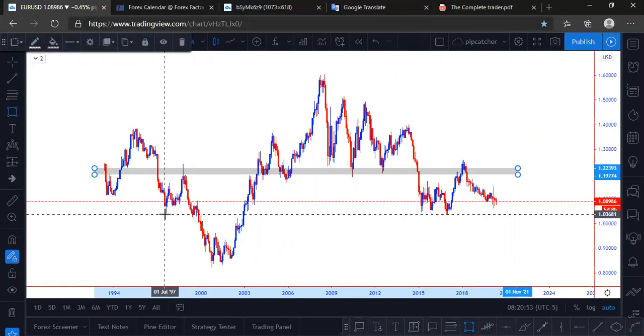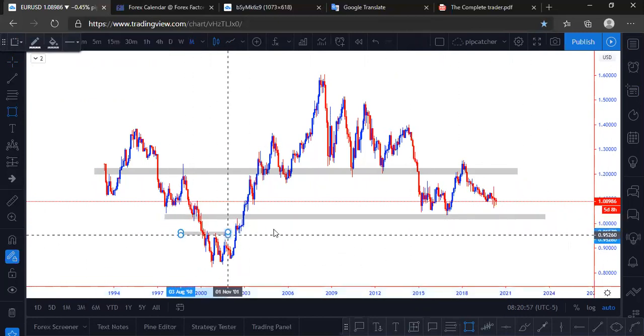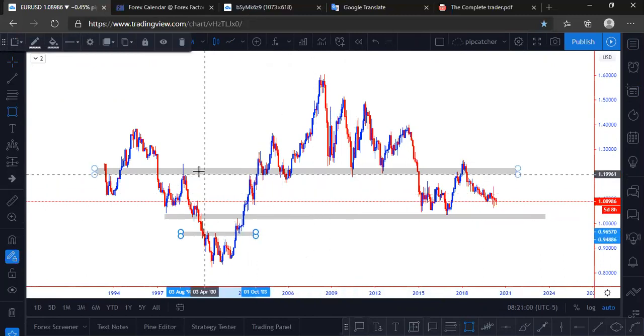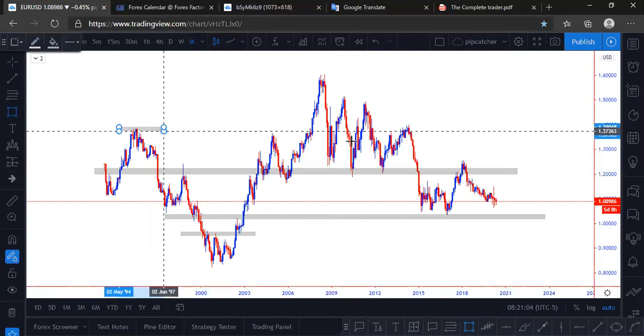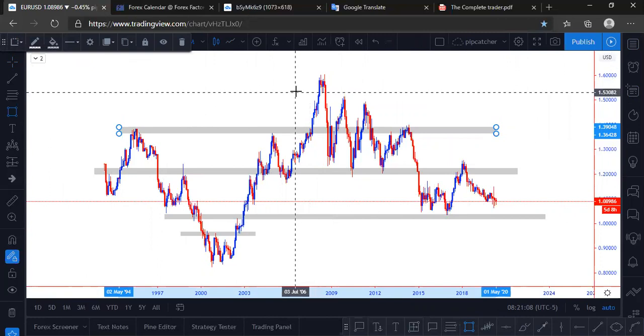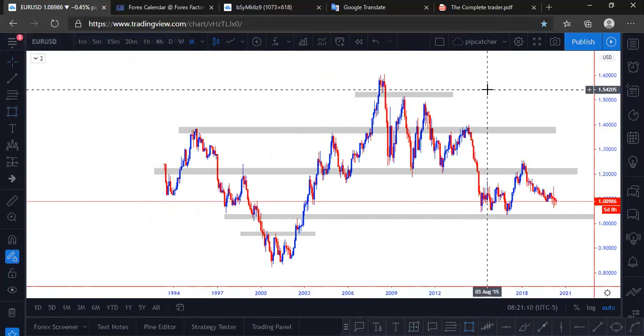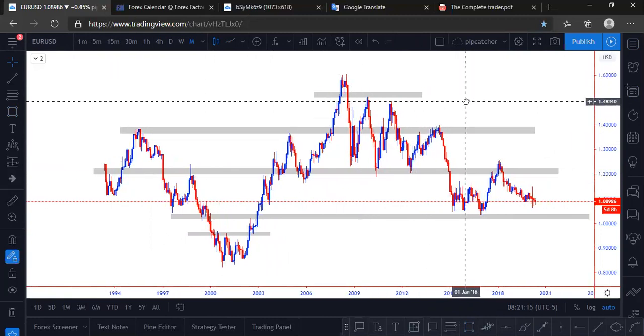We could do this zone here. Kind of got a baby zone here. There. And then off of this, we could say that that could have been a rally base drop,